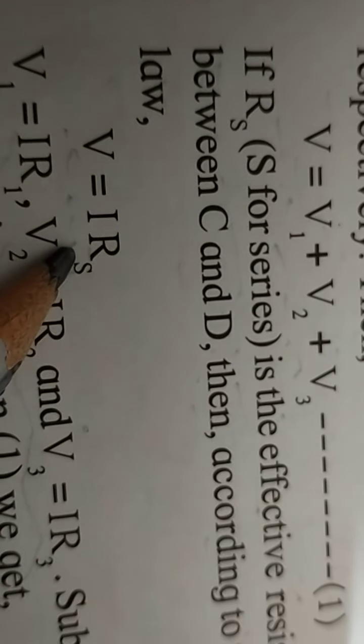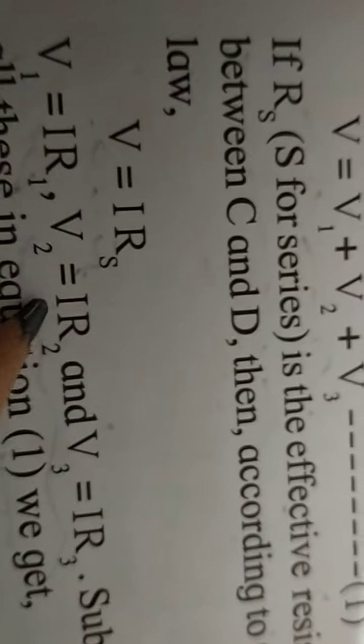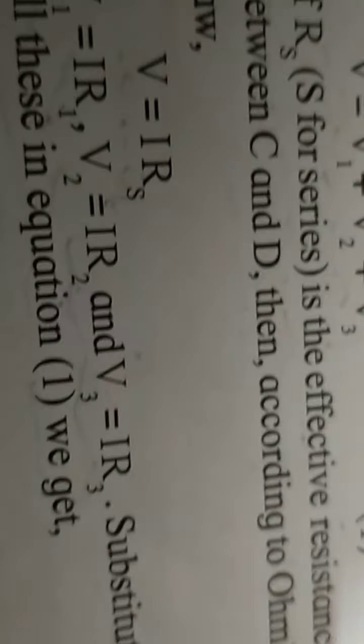So you must have understood, in this formula we have substituted the value of V. V's value was I Rs. So V1 is equal to I R1, V2 was I R2, V3 was I R3. We had substituted in this equation, and by making I common,